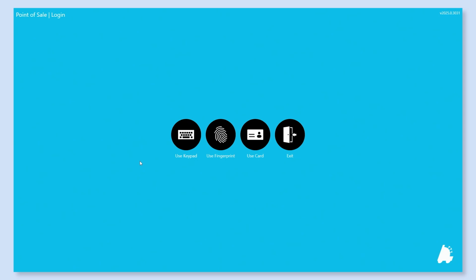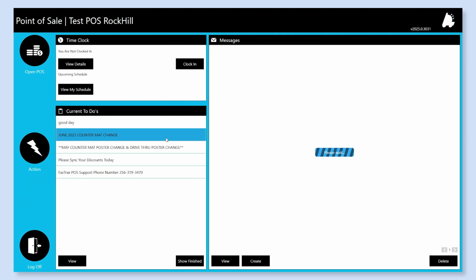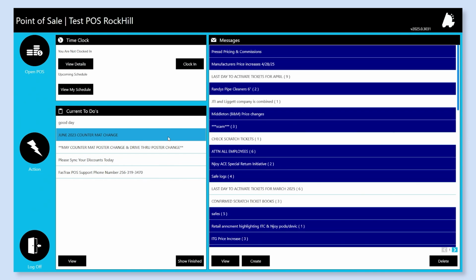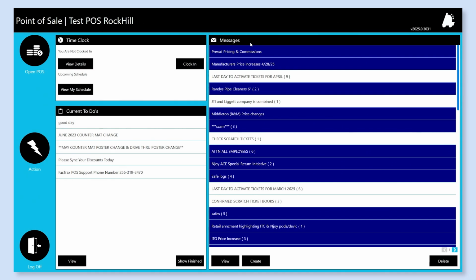To access your dashboard messages, first you'll need to log into the POS system. You can either utilize your keypad or your fingerprint if it has been registered. Today we're going to use our keypad, and on the right hand side of the screen you will see our messages. These messages can be created and sent down from the corporate environment, or they can be created right here